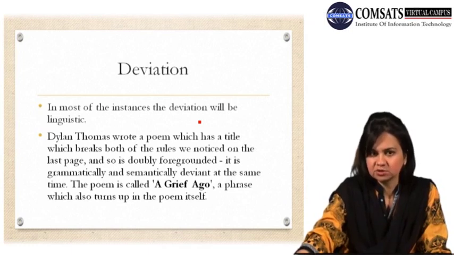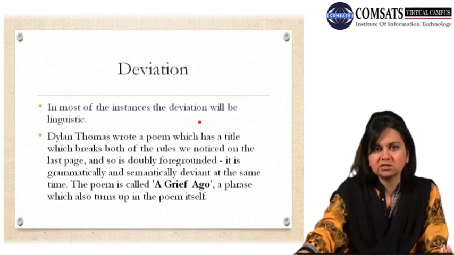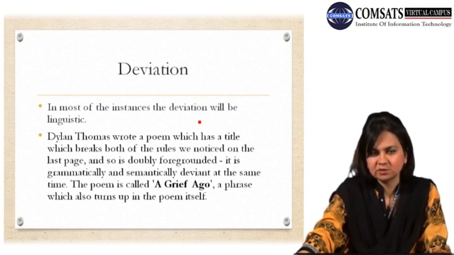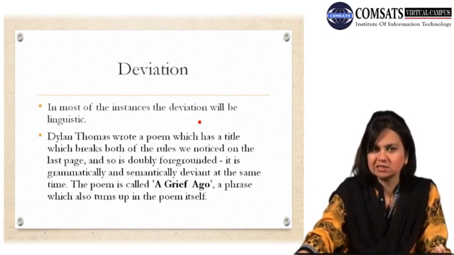How do we say that Dylan Thomas wrote this poem with the same title, which breaks both rules? We notice that the rules are doubly foregrounded. So it is both grammatically and semantically deviant. The meaning is deviant, and the grammatical composition is also deviant. So it turns the poem into an expression that is memorable, a foregrounded irregularity, as it is the use